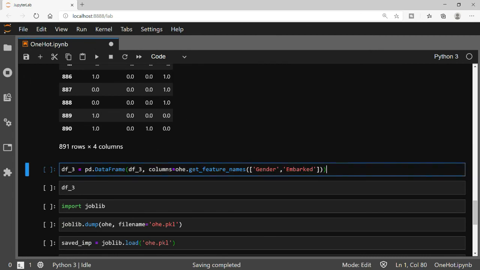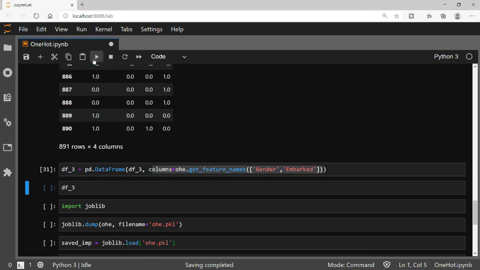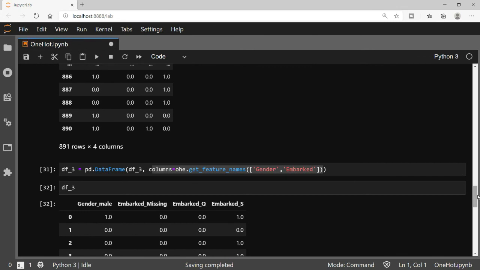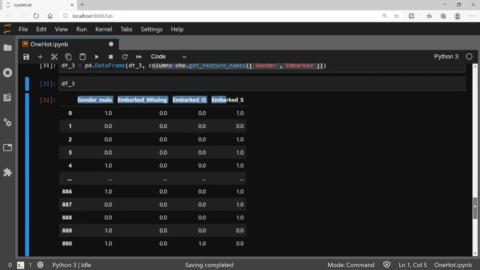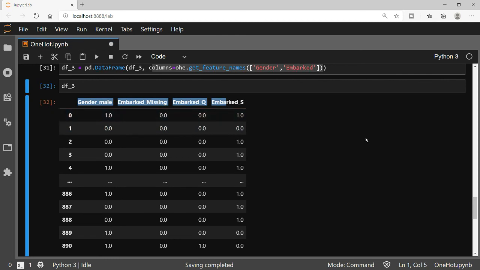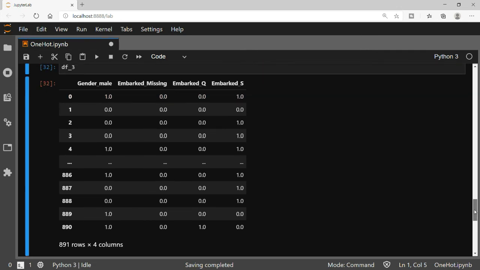You can see it in the next line. Now I am creating the data frame again after running my encoder, and I am using the columns like this. I am providing my column names, and then I am creating my data set. So now you see that we have all these columns here, and our data set has been transformed into an encoded data set. We have now encoded our categorical variables using one hot encoding, and now our data set is ready for fitting onto the model.